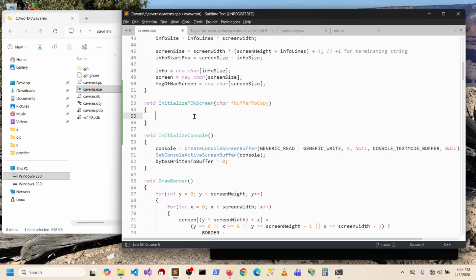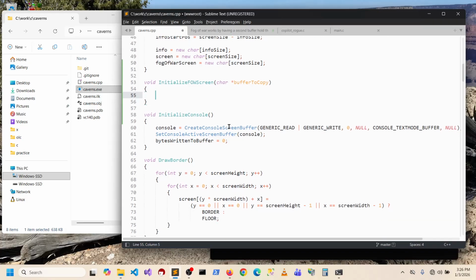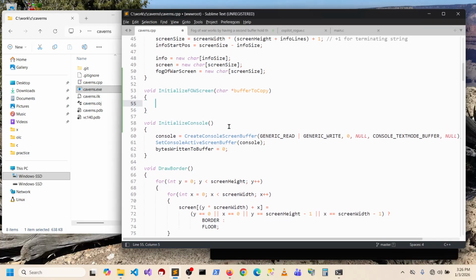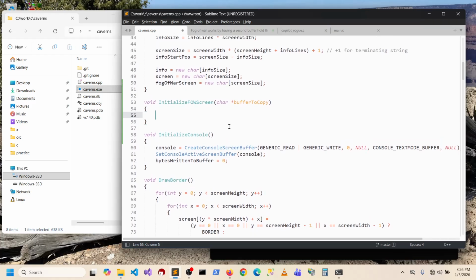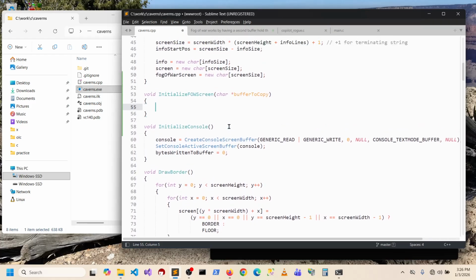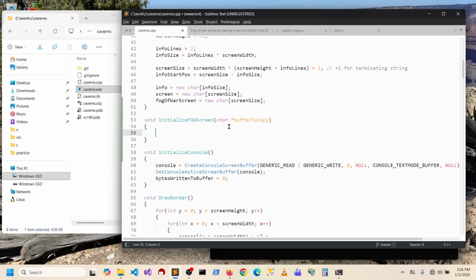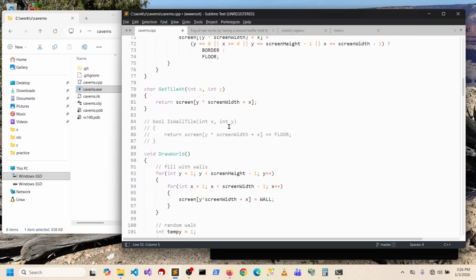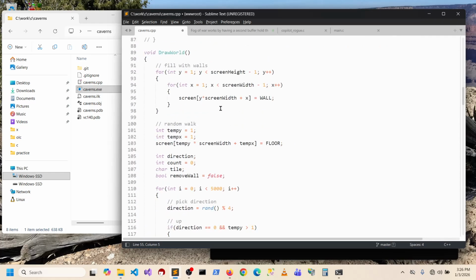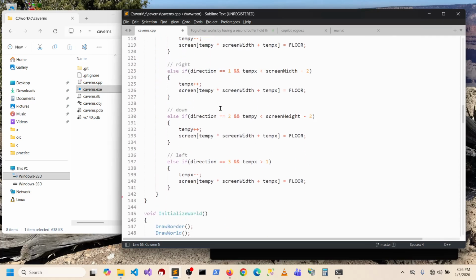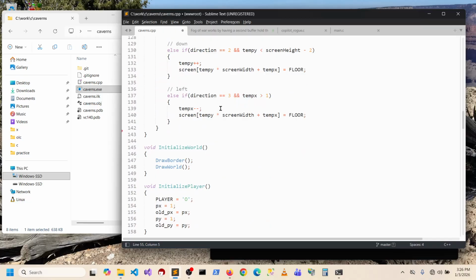The problem here is I was about to look for a zero termination, but we don't do that until we actually write to the thing, which we need to move. When we initialize the screen, when we actually draw, we need to actually put the